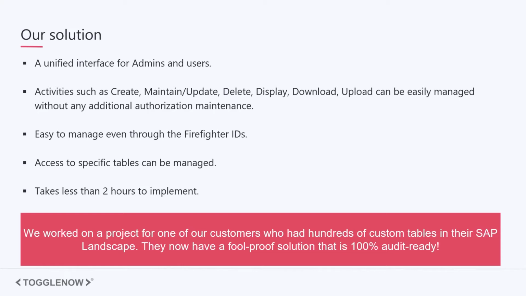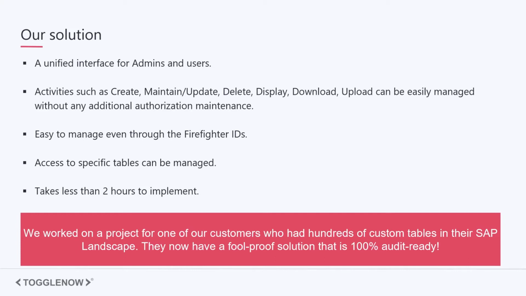On a specific table, if you want to only create new records, you can give only that activity. It supports all the activities such as create, maintain or update, delete, display, download and upload. So even your data cannot be downloaded when you say that download is not allowed.